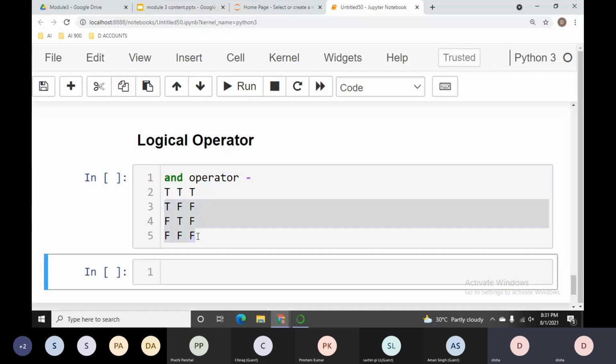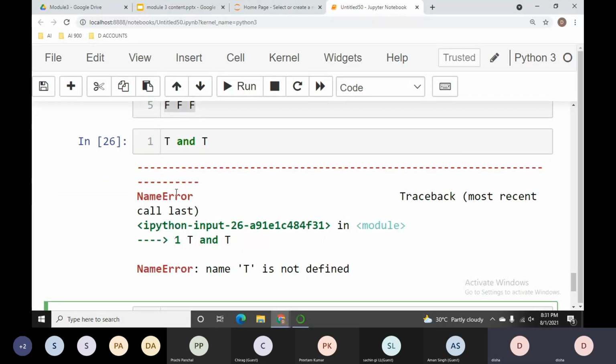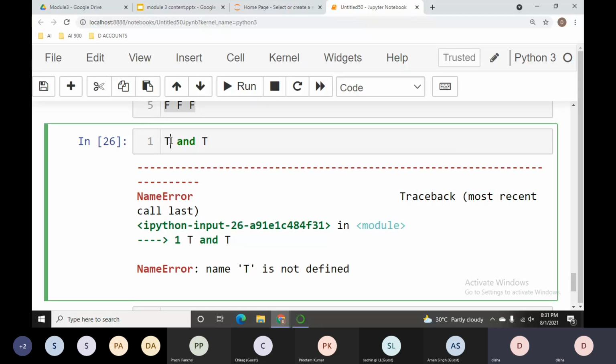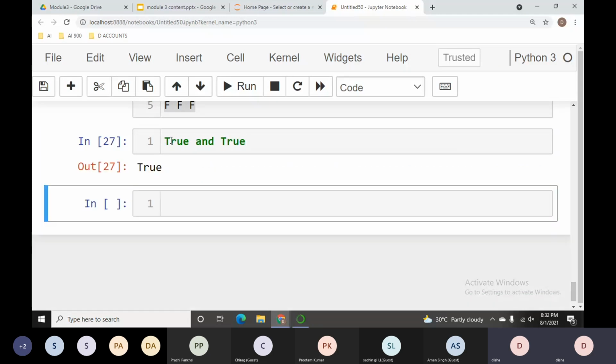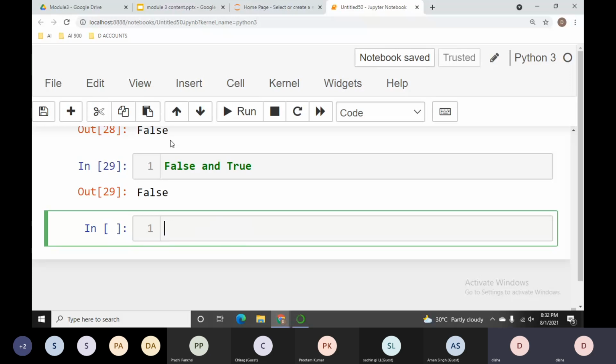Let me show you the results here. Let me say it's true and it's true. Okay, so we got the result true. But if I use true and false, we got false. If I say false and true, we will get false.